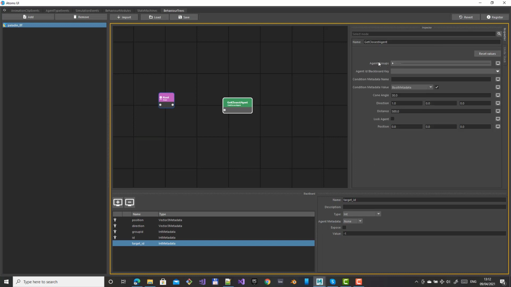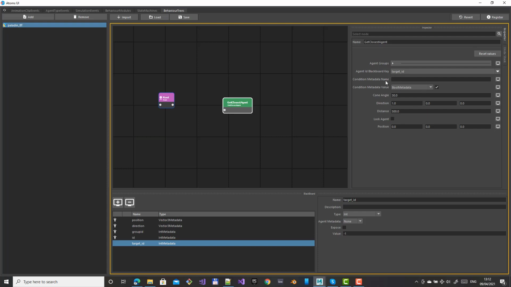It needs a list of agent groups that it uses to search for the closest agents. The agent ID where it will store the closest agents. In this case, it will be my target ID. So let's link directly the target ID. And here we can put some